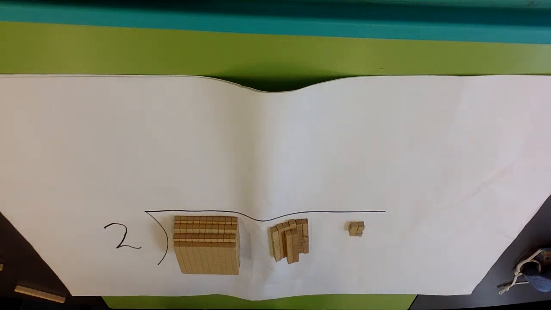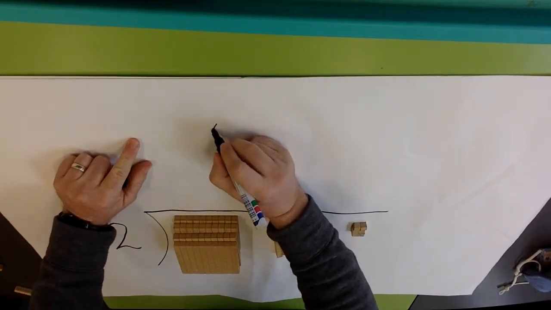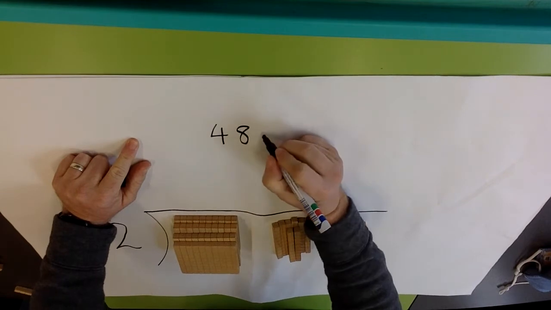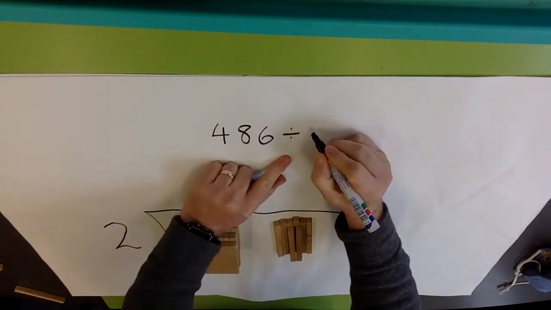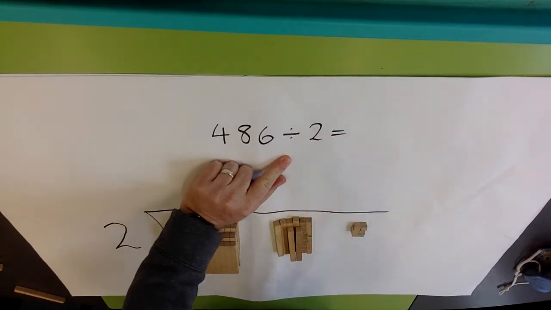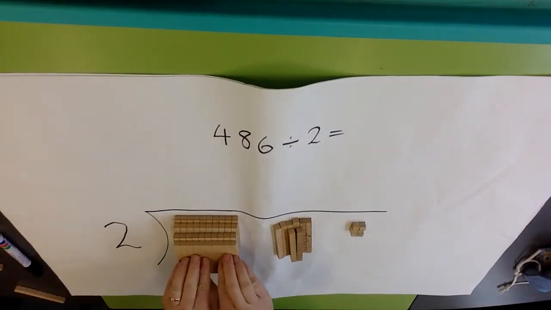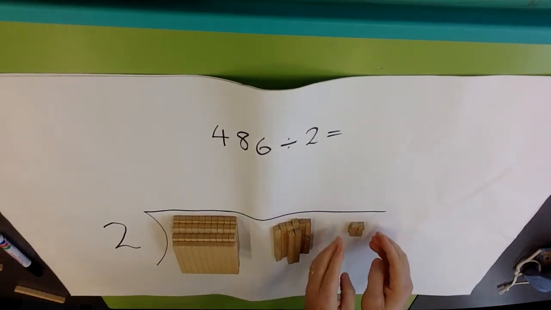So this video is a demonstration of how short division works. If you have a sum like 486 divided by 2, as short division it would be set out with your 400s, 8 10s and 6 1s,